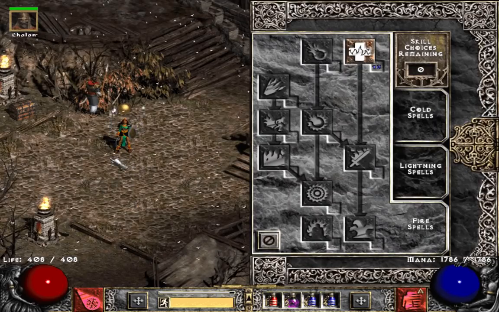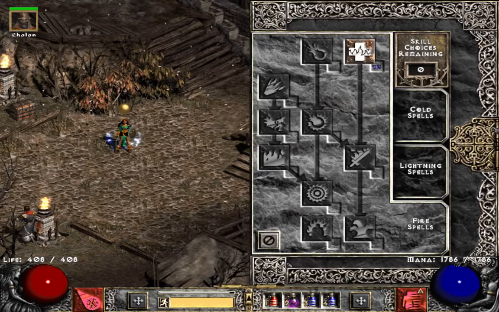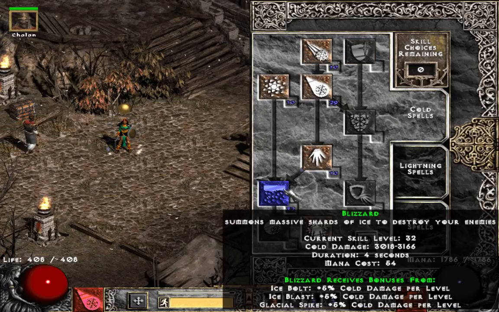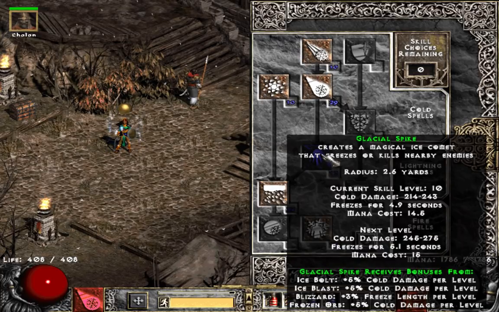And just to go over the skills, you put 1 into Warmth, obviously, although some people don't do that. I think they're crazy not to. It's so useful. But what I do is I max Blizzard. I max Ice Blast. I tried it with Glacial Spike, and Glacial Spike just does...